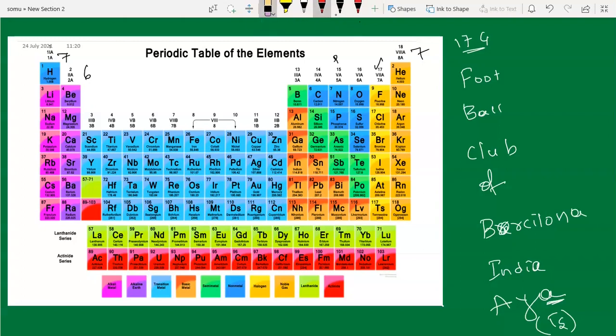From here you can remember from football, from foot you can take F and you can remember fluorine, and from ball you can take Cl. Football club. See here, from Cl it is chlorine.